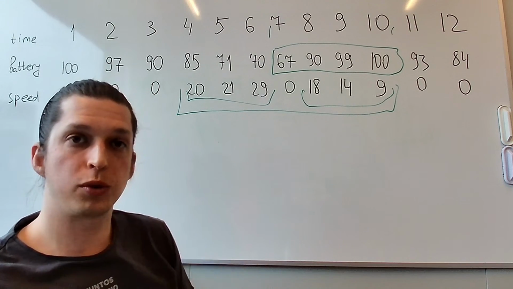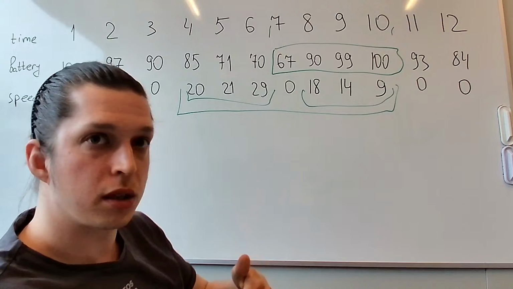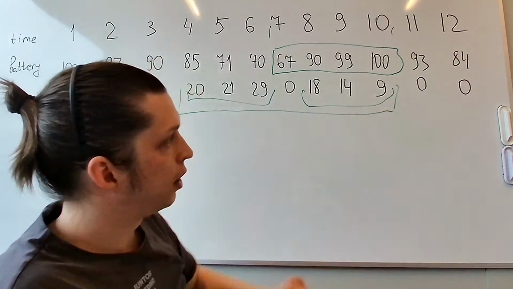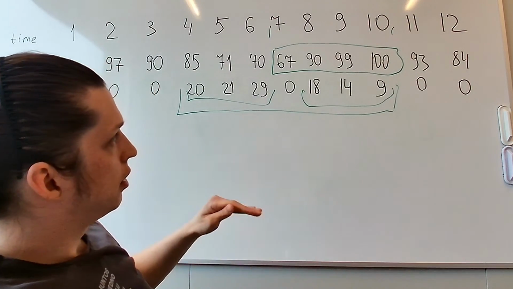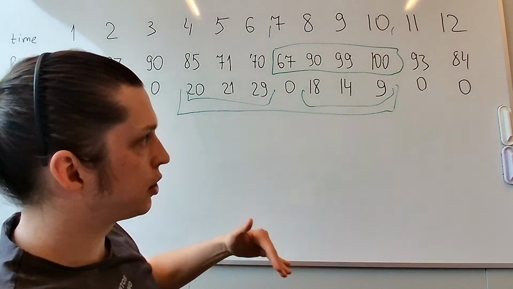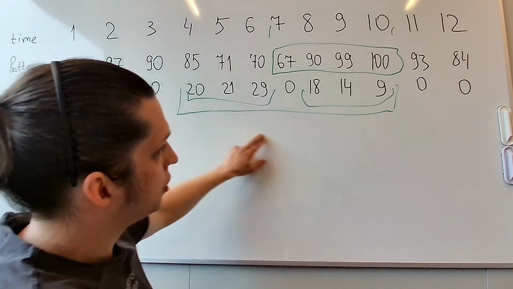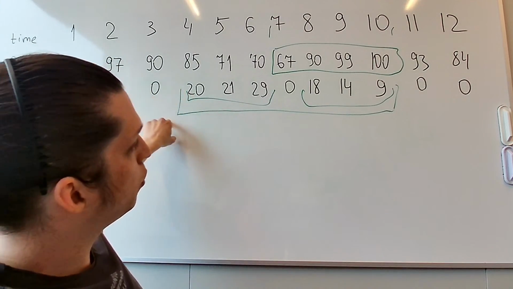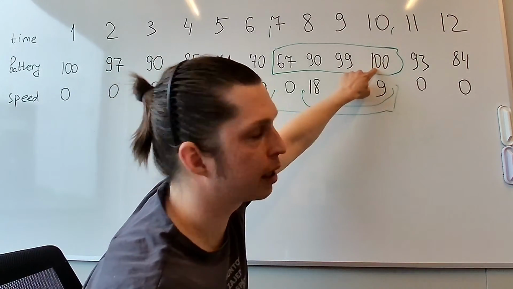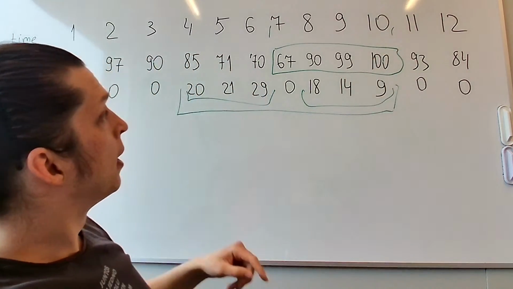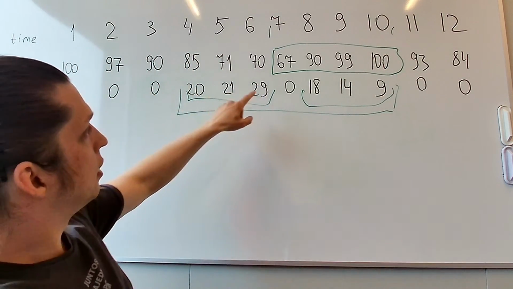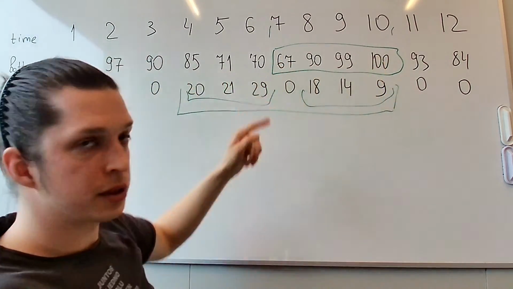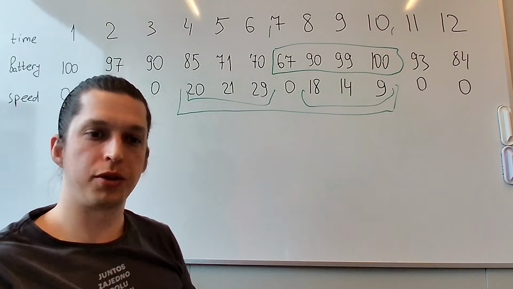And the second concept to understand is the counter. Once we have an interval selected, we may have a counter that performs analytics based on the interval. So we may say we have this trip. What was the maximum value of battery inside this trip? The counter will analyze the whole interval and say 100 was the value you need. Or we may say, for the charging, get the first value, get the last value, subtract the first from the second, and we will get the difference the battery had been charged.